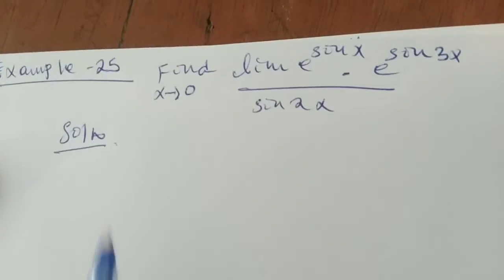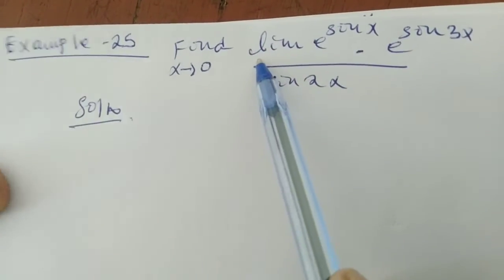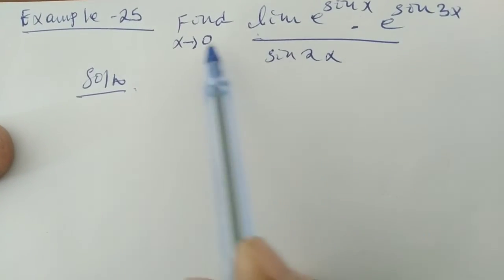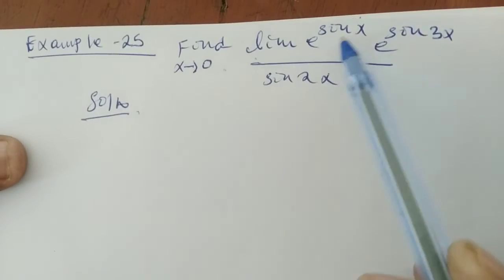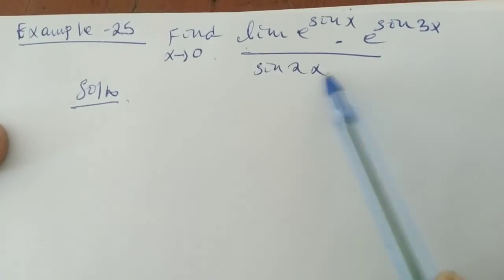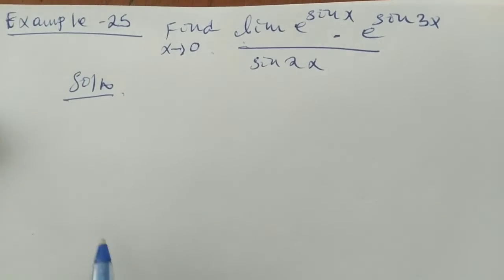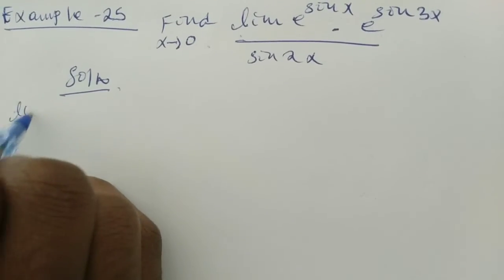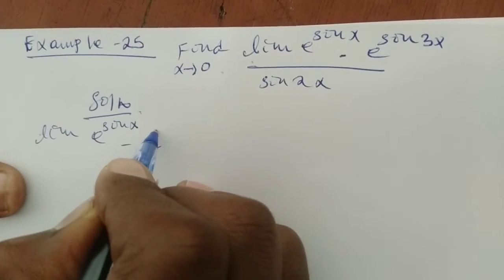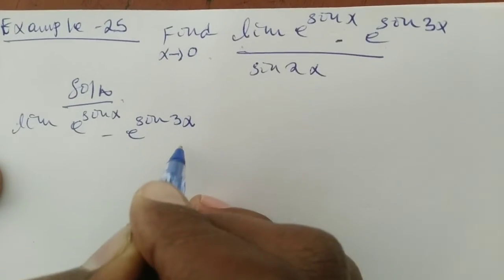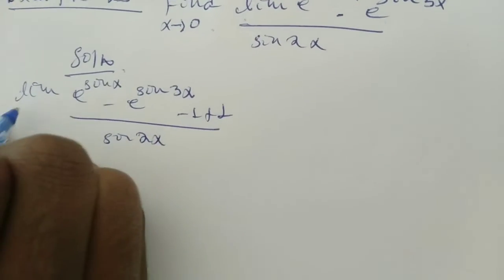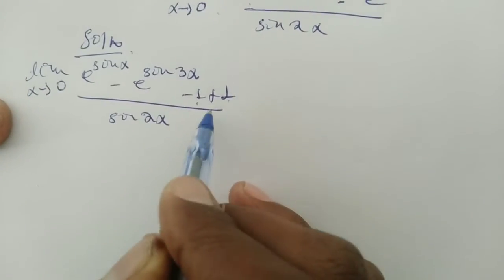4. Okay, example 25: find the limit of e to the power of sin of x minus e to the power of sin of 3x over sin of 2x when x goes to 0. Substituting 0, e to the power of 0 is 1, so 1 minus 1 is 0, and we get 0 over 0 form. So to solve this, the limit of e to the power of sin of x minus e to the power of sin of 3x minus 1 plus 1 over sin of 2x when x goes to 0, where minus 1 plus 1 is 0,